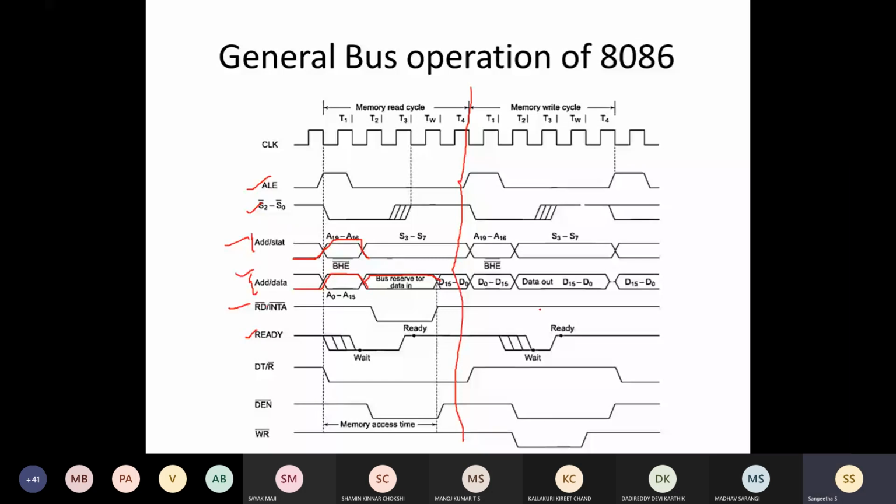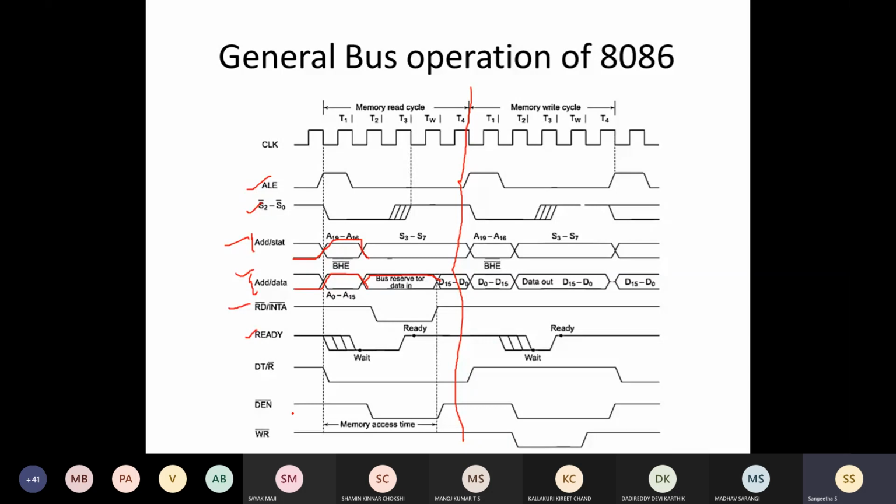And for ready, same as before, IO devices take some time, and only then will it become ready. So it will wait until the wait period, and after that it is ready to receive the data, ready to transmit your data. And here, since I have already received the data, I need to transfer it. Transfer means it is enabled. So during this whole duration, data is going to be transferred from the processor to the memory location.